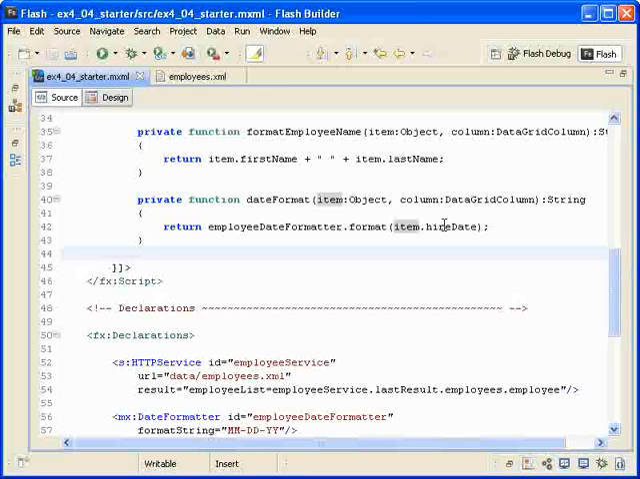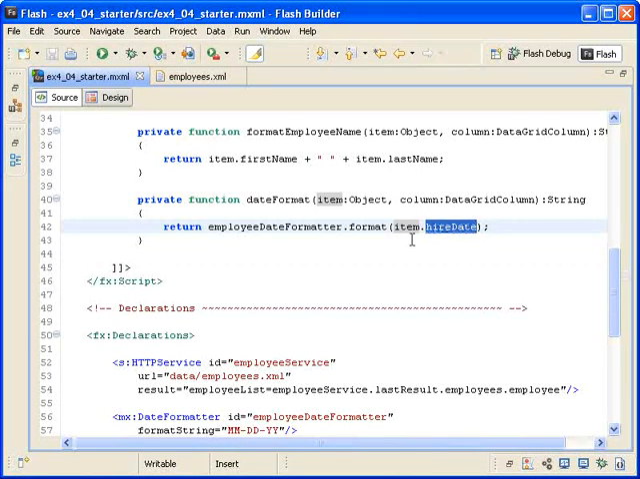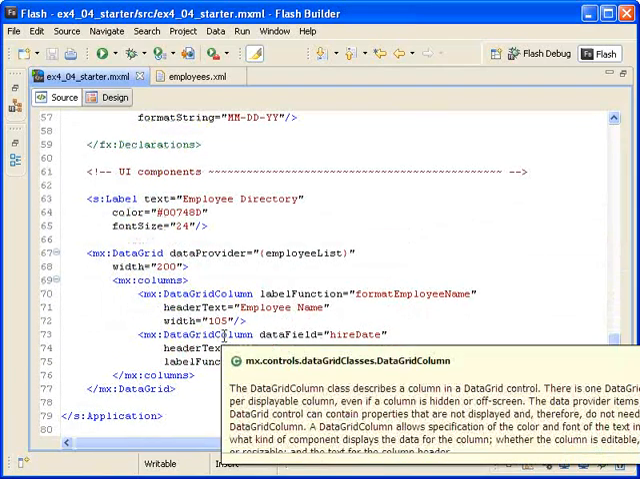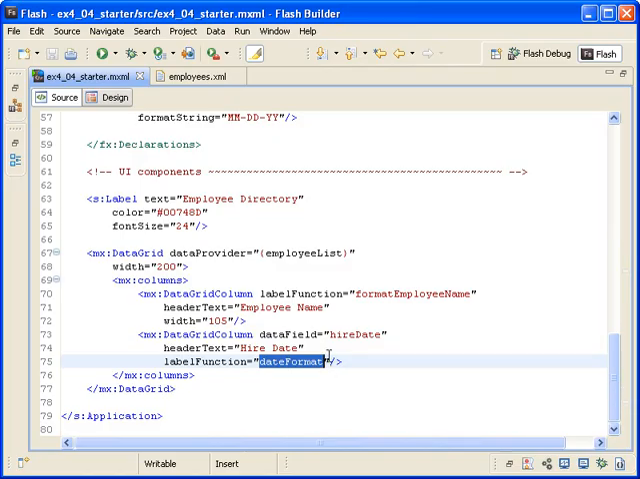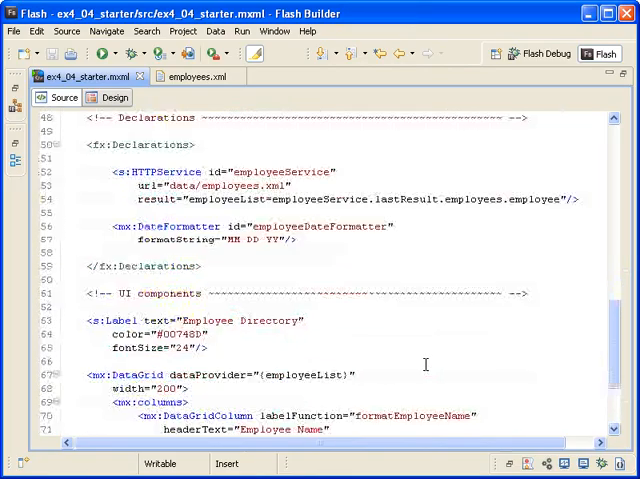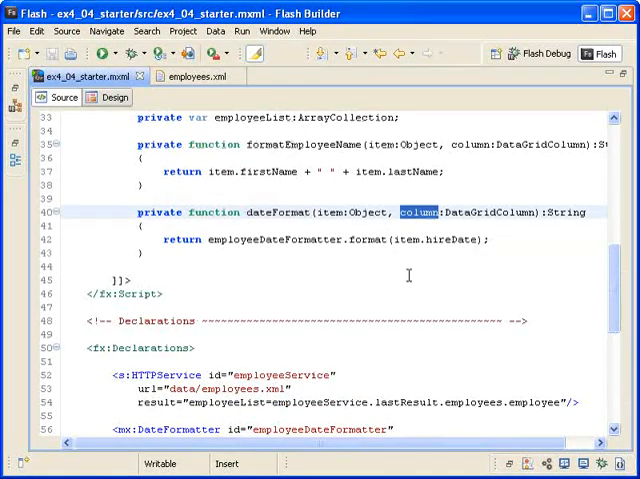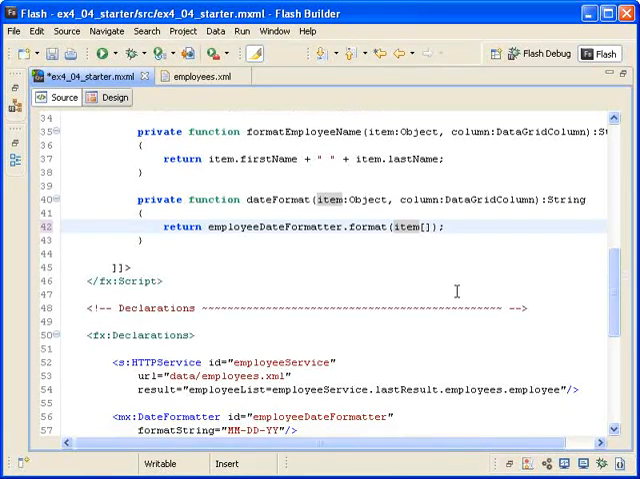Note that in the code I have hard-coded the hire date field in the format statement. Remember that the column argument represents the name of the column on which this function is being called. If you look at the DataGrid column instance, you can see that this function is being called for the column that is displaying the hire date data field. This means that the column object is the hire date. I'm updating the hire date reference in the format function to reference square brackets, which will allow me to evaluate a dynamic variable. In this case, I'm evaluating the